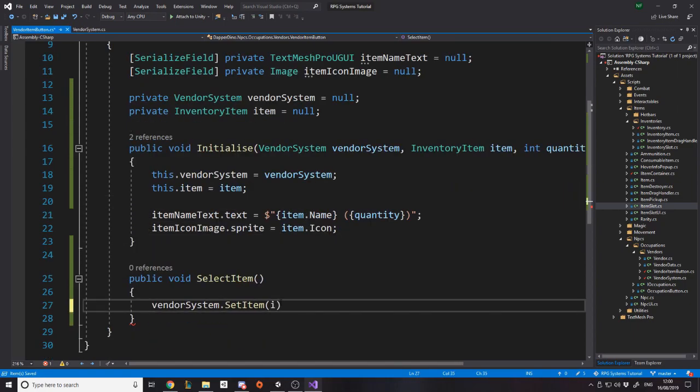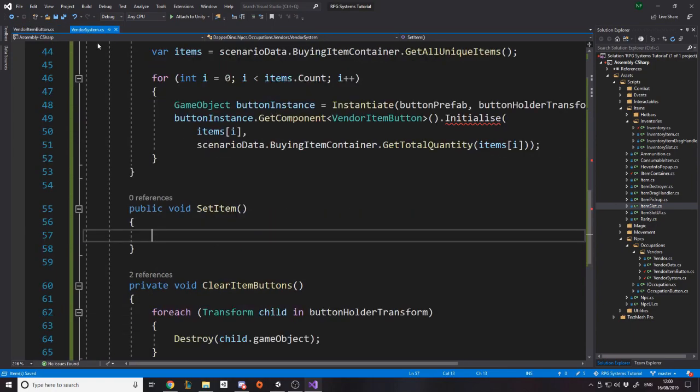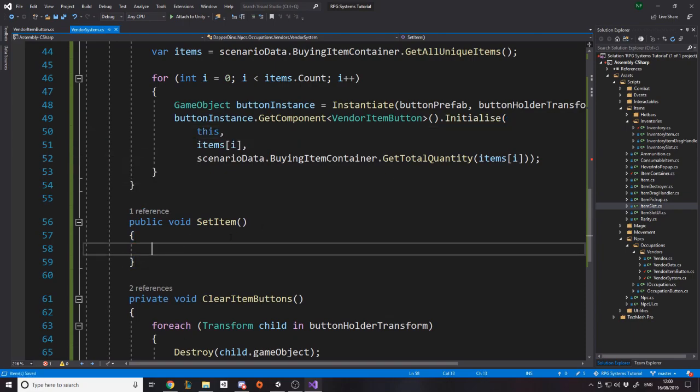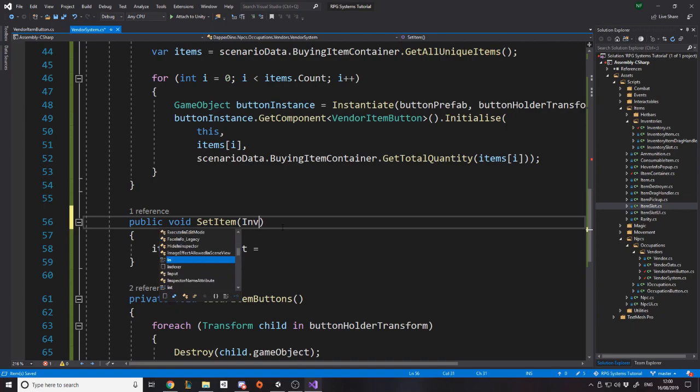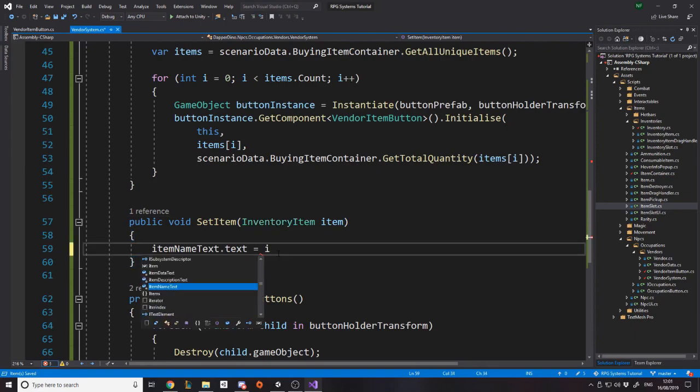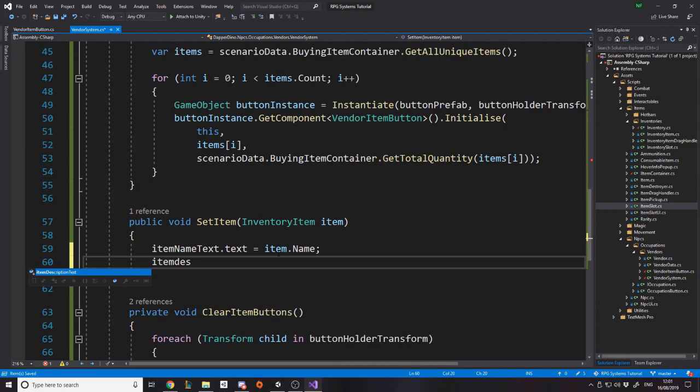So down here we set the item, and up here, when we set an item, we want to say the item name text dot text is equal to... Set item is meant to take in an inventory item, so let's bring that in. It's equal to the item dot name. You could use a colored name if you want, it's up to you. Then item description text dot text is equal to item dot